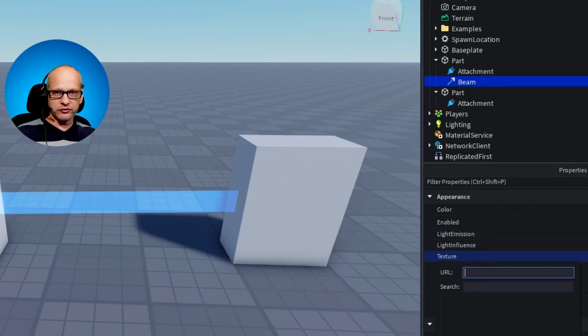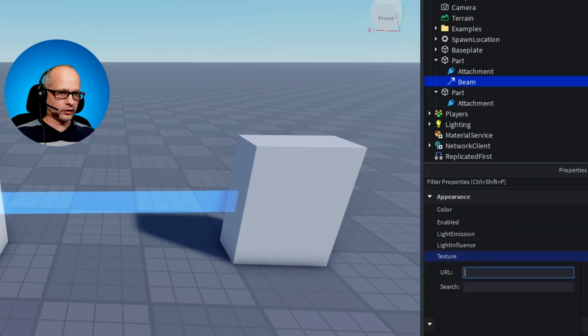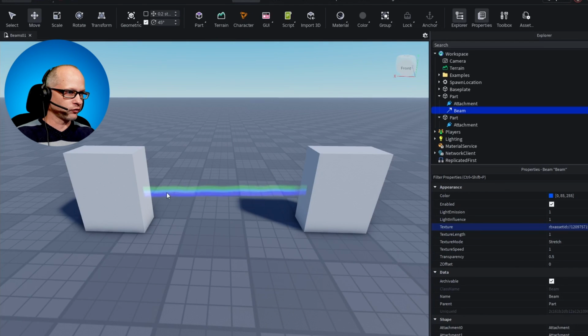So I've got some textures here we can try out. The first texture I have is a rainbow texture, so I'm just going to grab that. These are all textures that were in the store for free, so you can find these textures there. I'll also put these texture IDs in the description of the video so you can find them easily and try them out for yourself. All right, so click in the texture property, and we're just going to paste this into the URL and hit enter. All right, so now we've got this cool rainbow